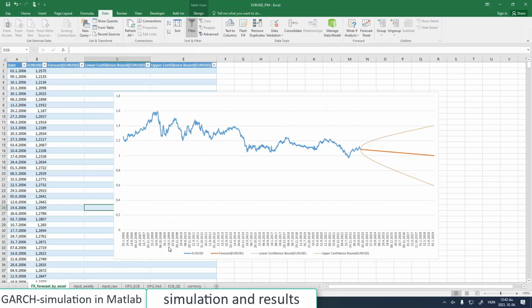We can say that, well, somewhere here the euro peaked in the past as well, so okay. And the middle scenario is that nothing happens, so it remains here. This is the expected